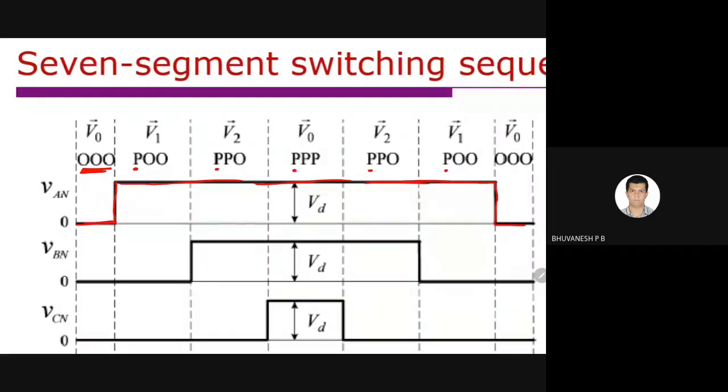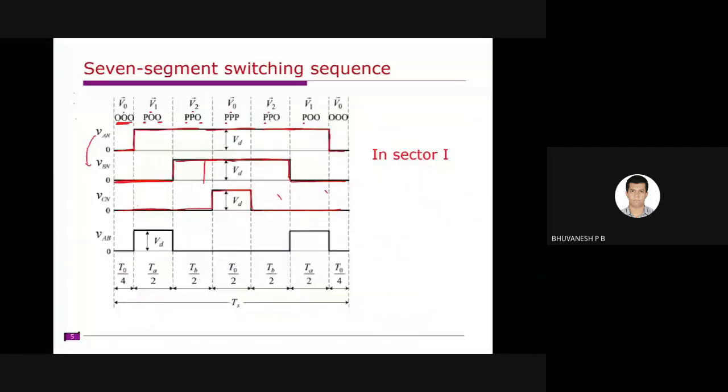Similarly, this is B phase. Here it is 0, so here also 0, therefore 0 output voltage. And here the switch is on, so here also the upper switch is on, up to here. So this is the B phase output voltage. And corresponding C phase is 0 up to here, so you have 0 voltage, and this is what we obtain. If you want the line voltage, the difference between these two will give you the line voltage.